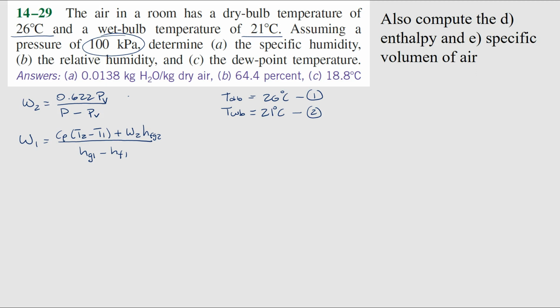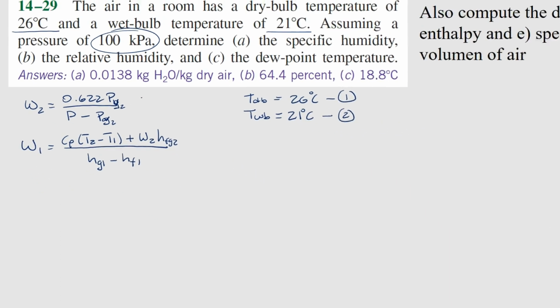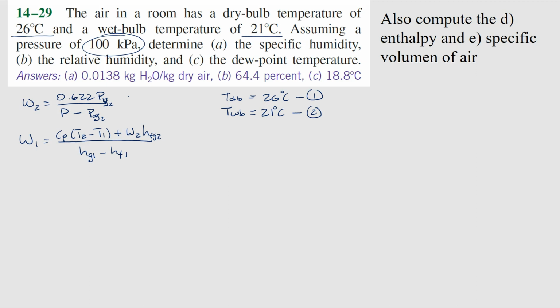So in order to get this, we need to recall that this PV, since it's saturated, will become Pg2. So it's the saturated vapor at state 2. So let's find out some of these properties. First of all, we're going to find state 2. We notice at 21 degrees,